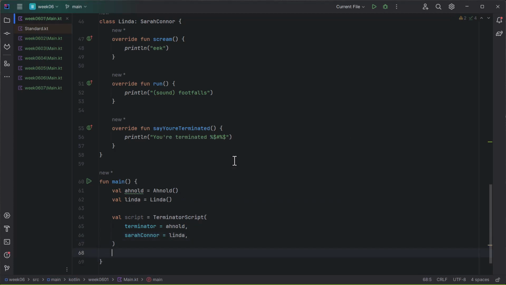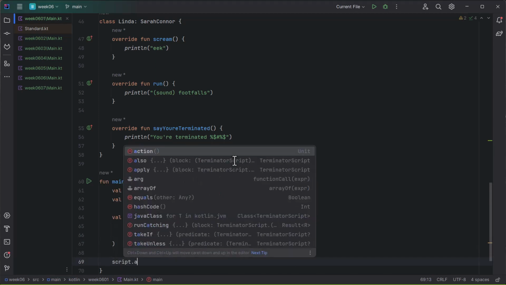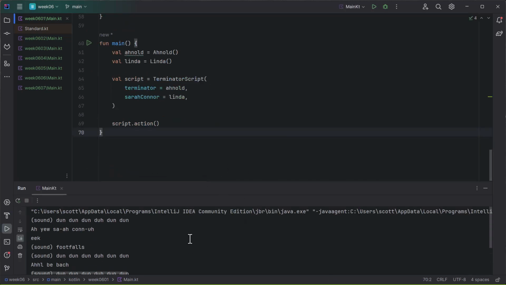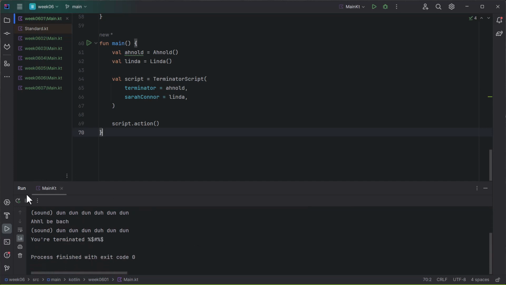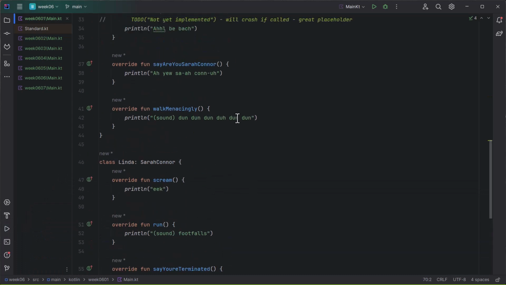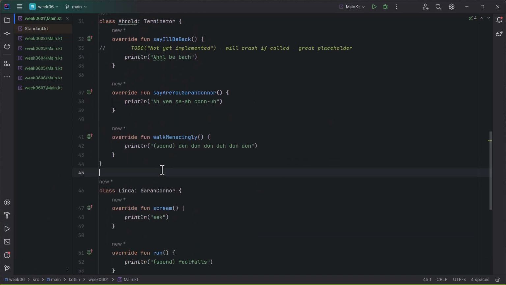And now we can come in here and say script.action. And when we run this, hopefully we will see a wonderful performance from the two of them. There we go. So this now is the movie as we see it. These two people were cast in it, and they worked just great. Now, we're not saying that they're the only people in the world who can be cast in this role. Maybe we say